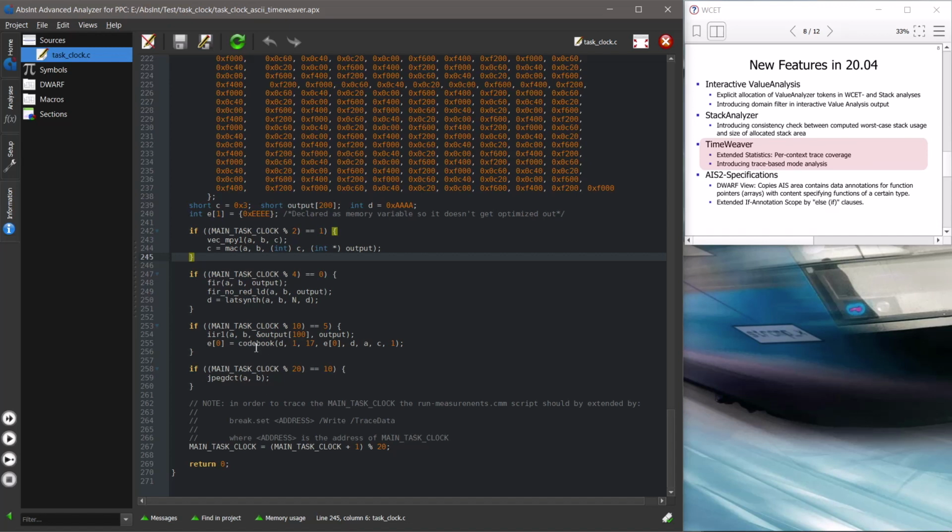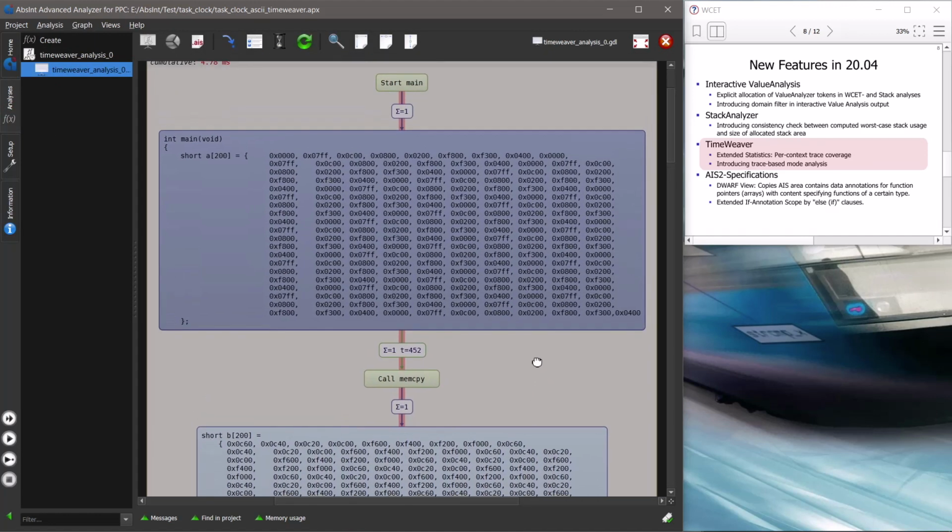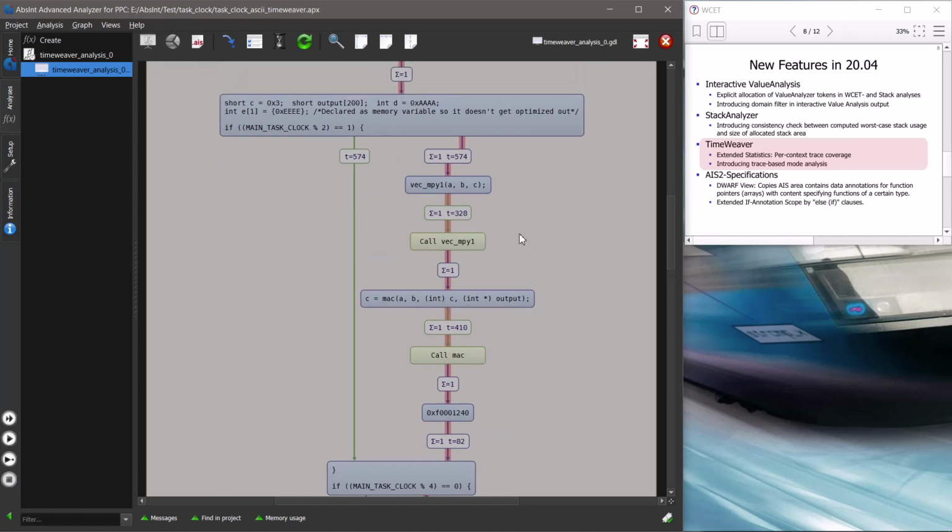And when we analyze this now with TimeWeaver, even if we have several runs of that entry main function, all of these runs, I think we have 29 in our examples, will be put together. And then in the very last step, the path analysis searches for the absolute longest path. And it might happen that, if we do not have any information about main task clock,